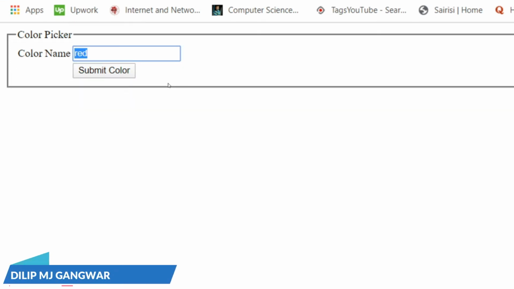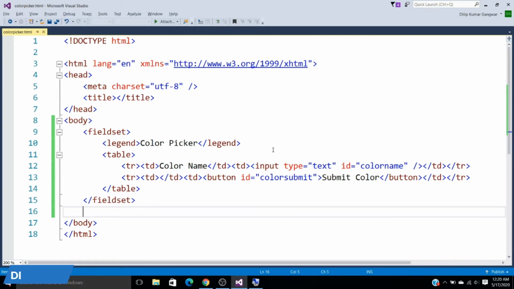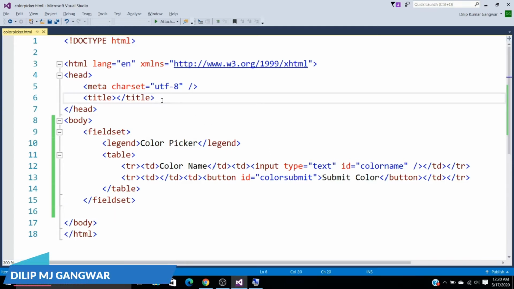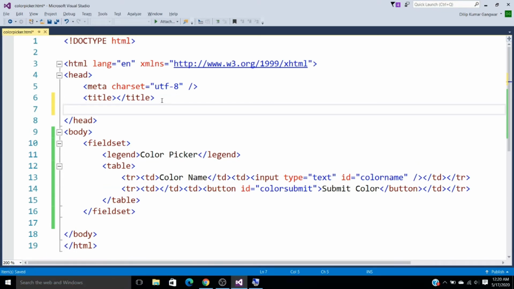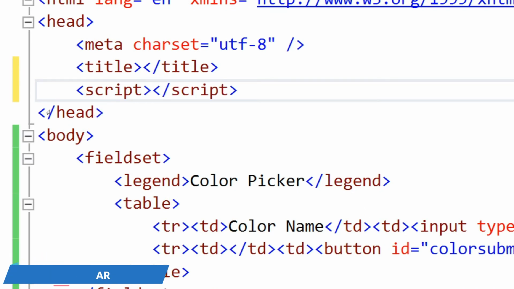So to do this we need to have a language. There is a very compatible language with HTML, JavaScript, a scripting language. So I am going to do this task with the help of JavaScript. We can write the script in the head section or in the body section, or in a different .js file. I am writing it here in this page. This is not such big code, so I am writing it here, not in a different file. What you have to do is write here script. If you don't know what JavaScript is and how it works, we have our tutorial of JavaScript. You can watch that to understand JavaScript.